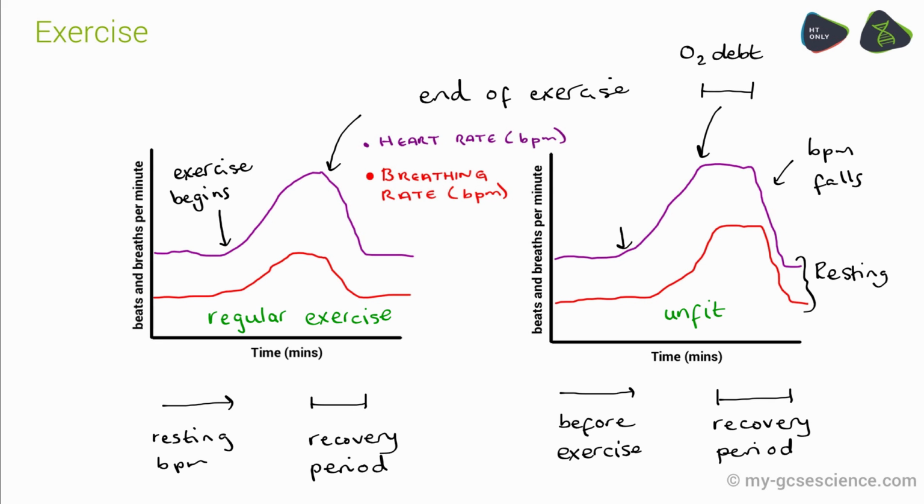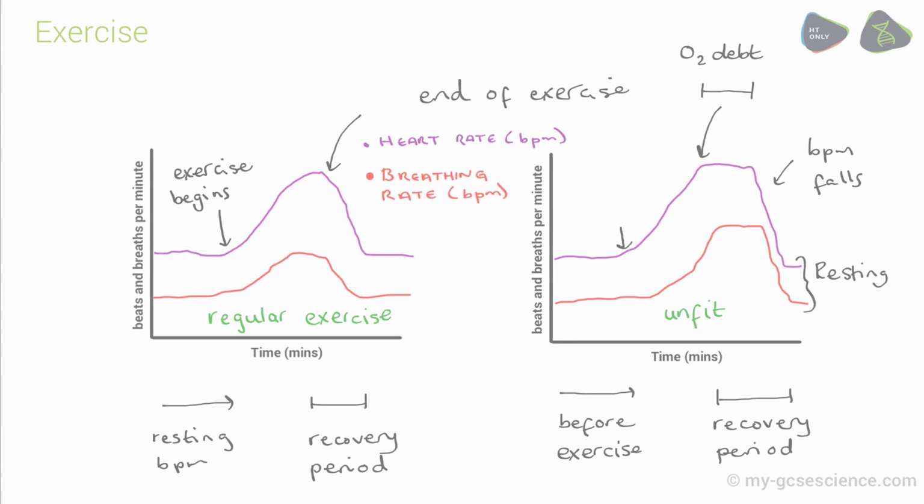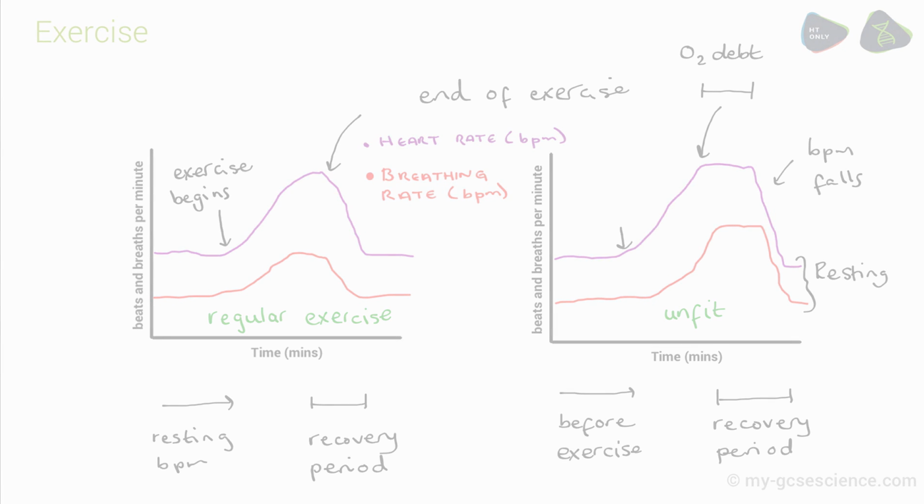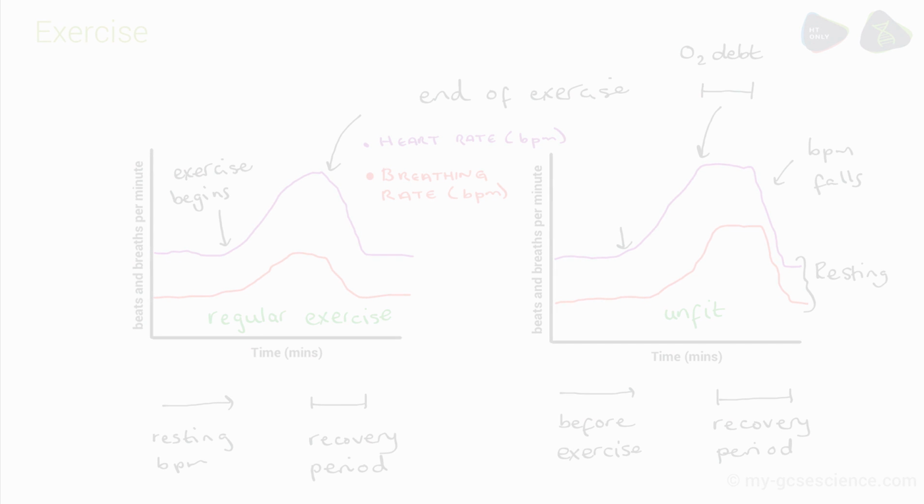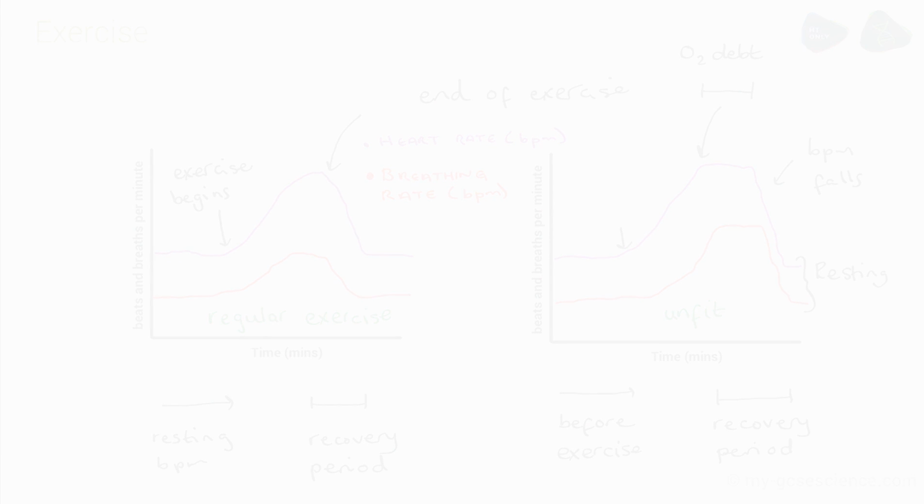One of the reasons for this is that when you do exercise, you're building up extra muscle, and those muscle cells are packed full of mitochondria that carry out aerobic respiration. If you have more of those, you're going to be able to effectively fuel yourself for much longer. And those muscle cells will also store surplus glucose in the form of glycogen. Equally, regular exercise will help to improve your heart as a muscle itself, as well as lung function. So moral of the story is, get out there and do some exercise. It's good for you.